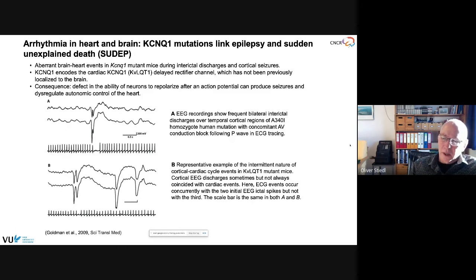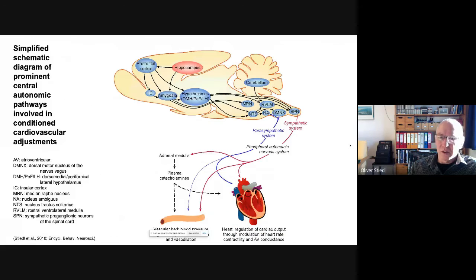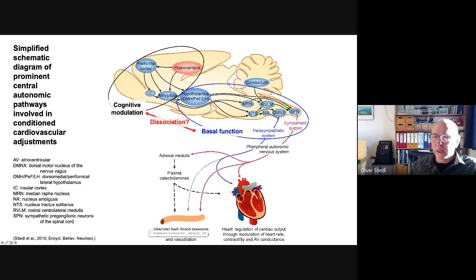And this tells us, and this is the major issue, that it's not by chance that many psychiatric diseases have a linkage between epileptic activity, anxiety, and cardiovascular problems, because the network, as I will show you, is highly conserved, only that we have focused in the behavioral domain on the forebrain areas. Actually, we know very little about the contributing factors on the basal function. If we see basal functions will affect this, we will easily be able to diagnose this also on